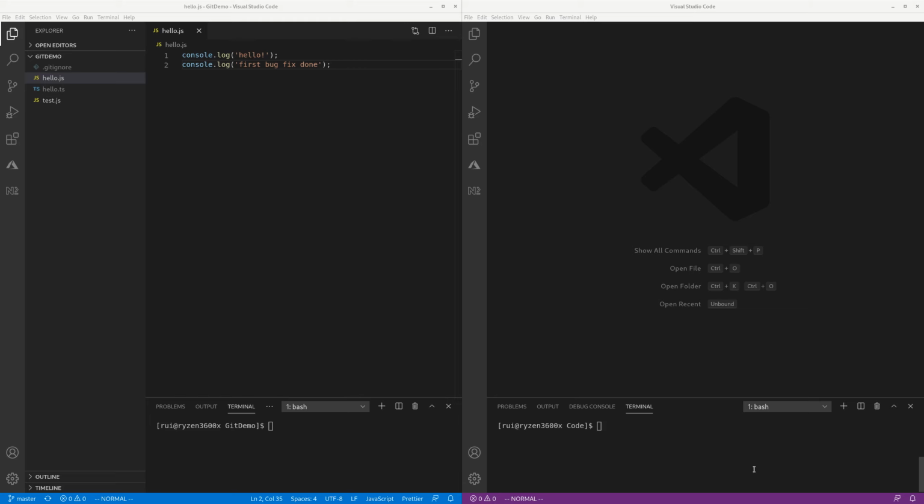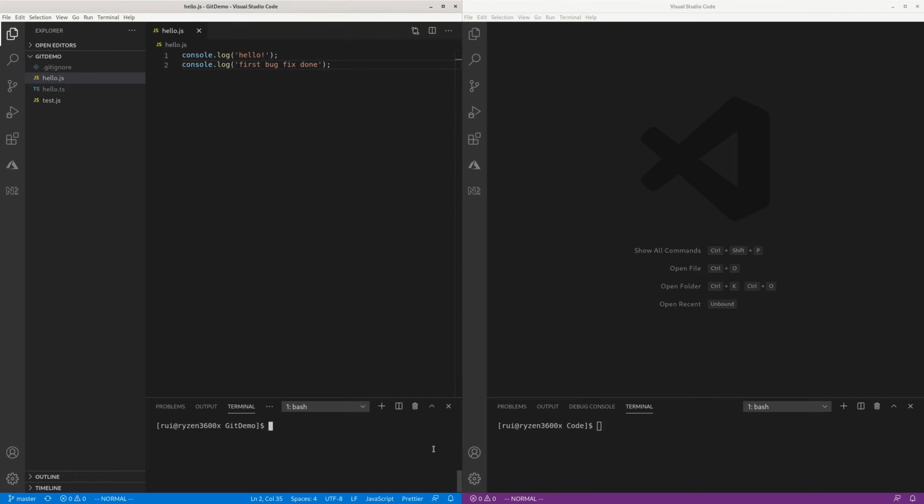In this video, I'm going to talk about resolving conflict. So, two guys working on the same remote Git repository. One guy created some code and pushed to the remote repository, and another guy on the right-hand side of this window is cloning it. So let's figure out what is the